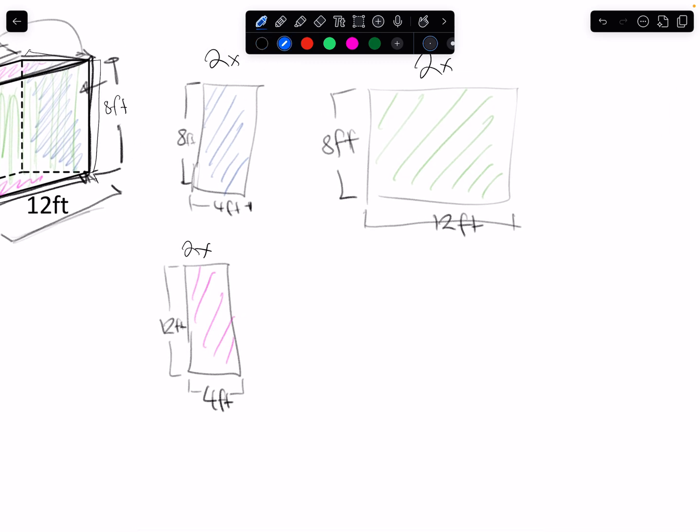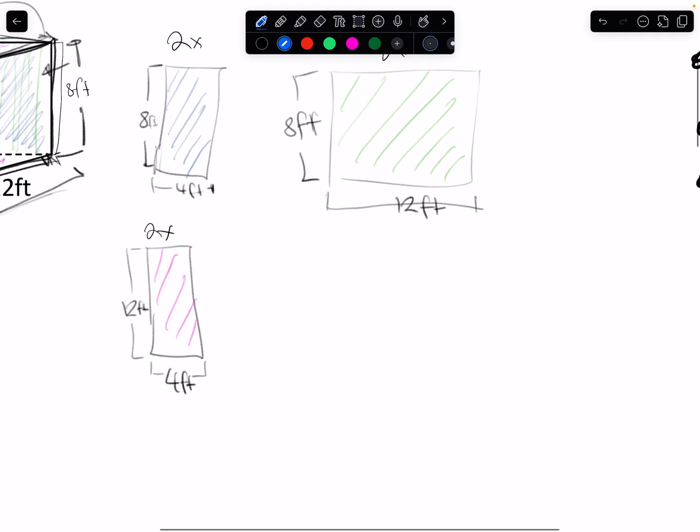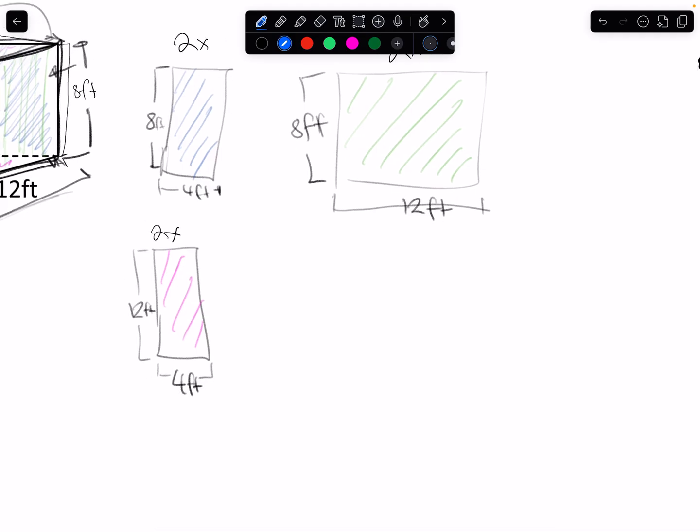Now, I'm going to do them all here, but I'm just going to color code it just so we understand which ones I'm talking about. Right now, I'm going to do the area of the blue one. So this one here. Okay, the area of this shape is equal to length times width, which is, in fact,